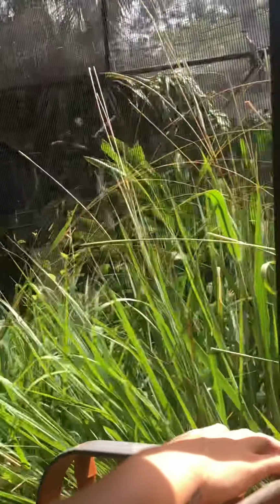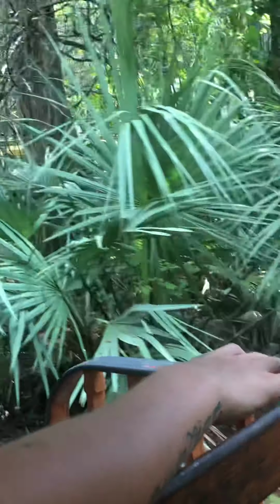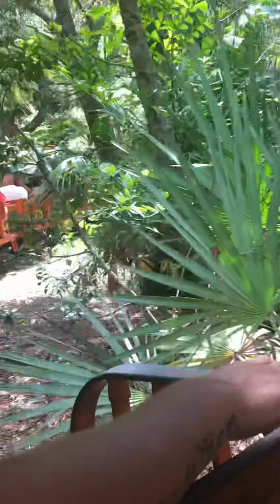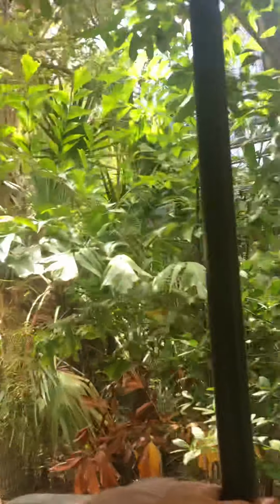Lorikeets really like nectar. So if you come into the lorikeet aviary and you're carrying a nectar cup, well, you might become very popular very quickly, because they might sit on your head, your shoulders, your hands, as long as you have some nectar with you. Our cockatiels actually prefer seed sticks. So we have both seed sticks